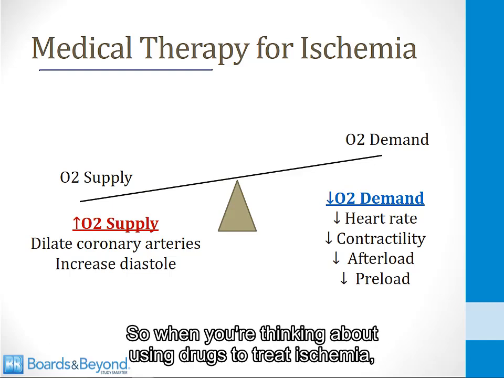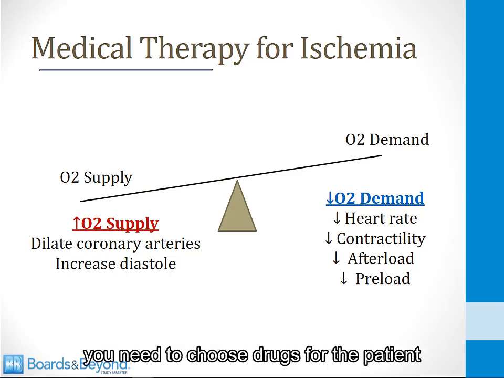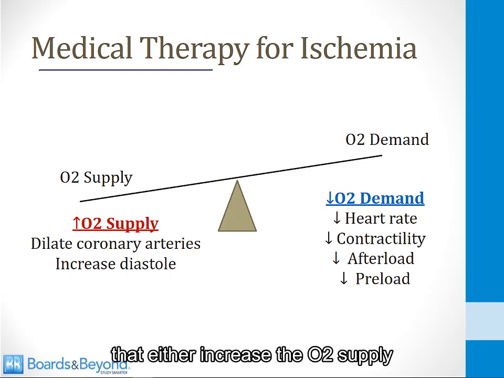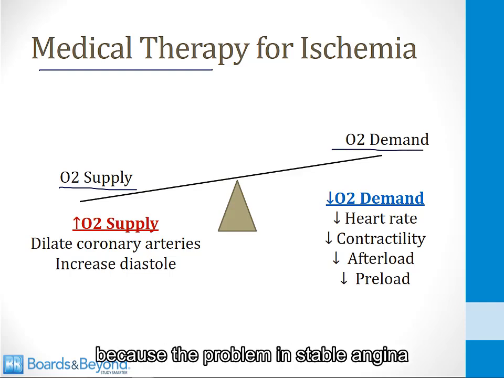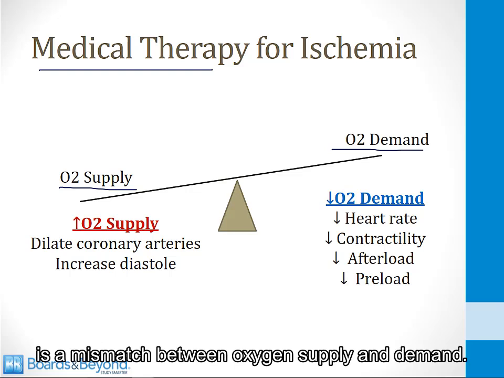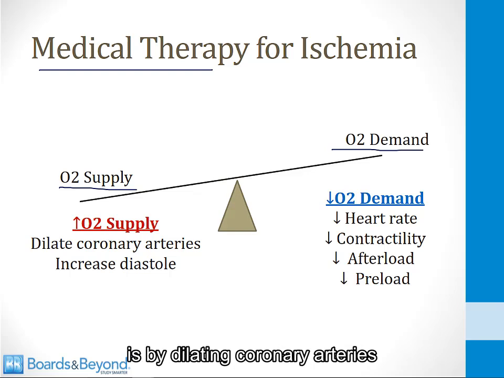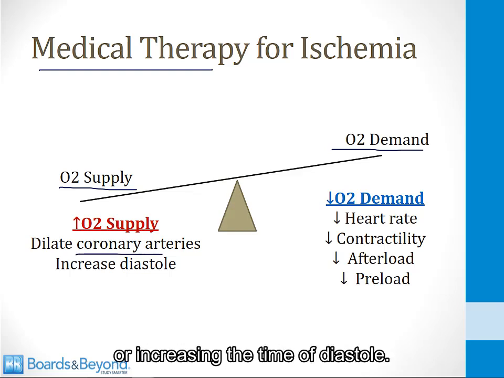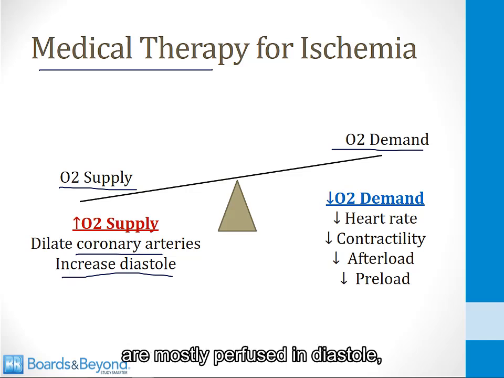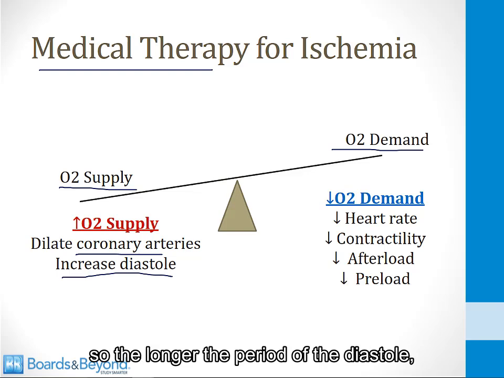So when you're thinking about using drugs to treat ischemia, you need to choose drugs for the patient that either increase the O2 supply or decrease the O2 demand, because the problem in stable angina is a mismatch between oxygen supply and demand. Ways that drugs can raise the O2 supply is by dilating coronary arteries or increasing the time of diastole. Remember, the coronary arteries are mostly perfused in diastole, so the longer the period of diastole, the more